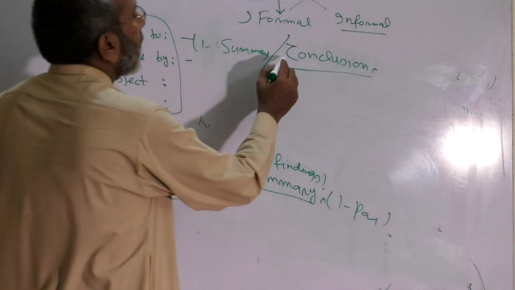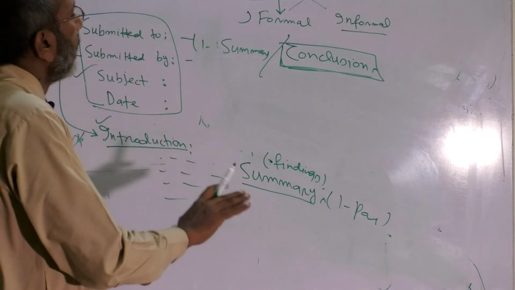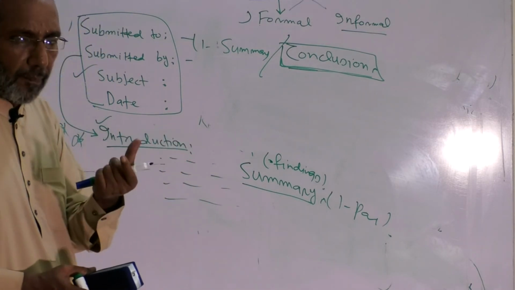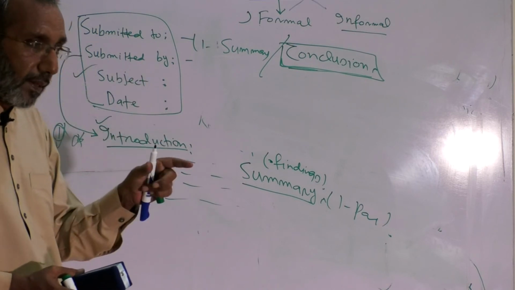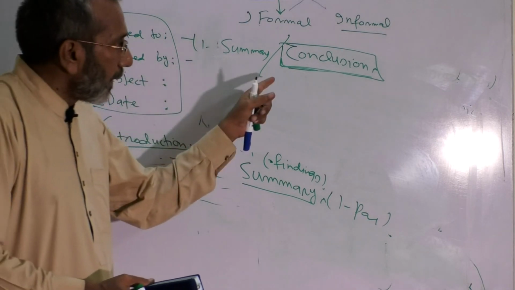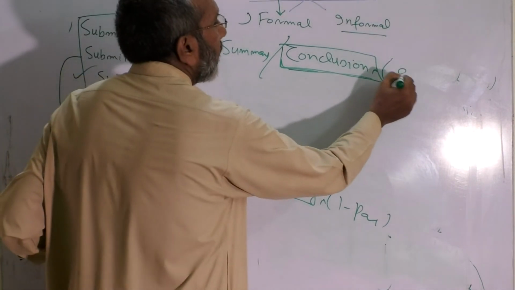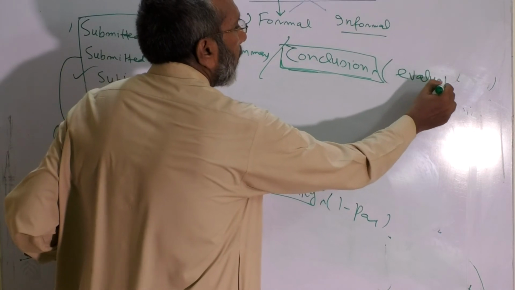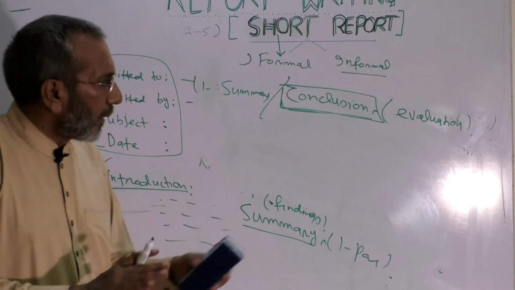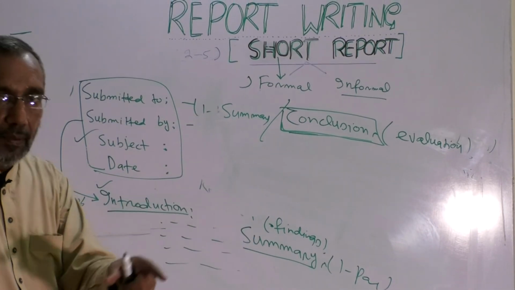But technically, conclusion is basically a sort of subjective opinion. Suppose there's a fight. After listening to both parties, you form an opinion. This is not a solution; this is your opinion. You say, this thing is this, so I think this is because of this thing. It is a sort of evaluation, a subjective opinion of yours. It's not summary. Suppose some serious fight goes on, students are fighting, a scuffle is going on. Someone says this group is responsible, girls are responsible, that group is responsible.